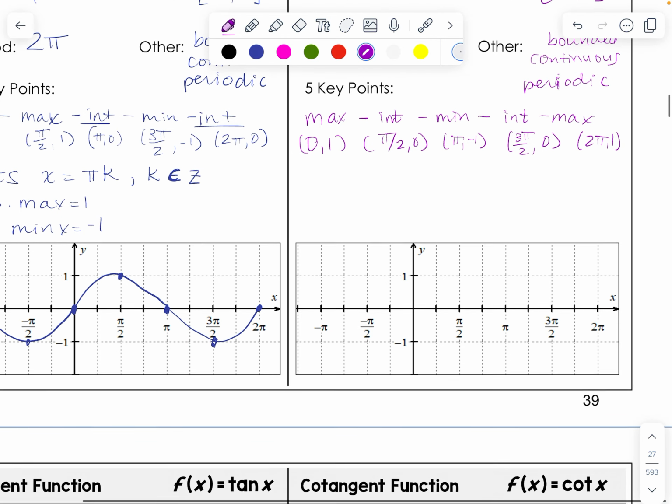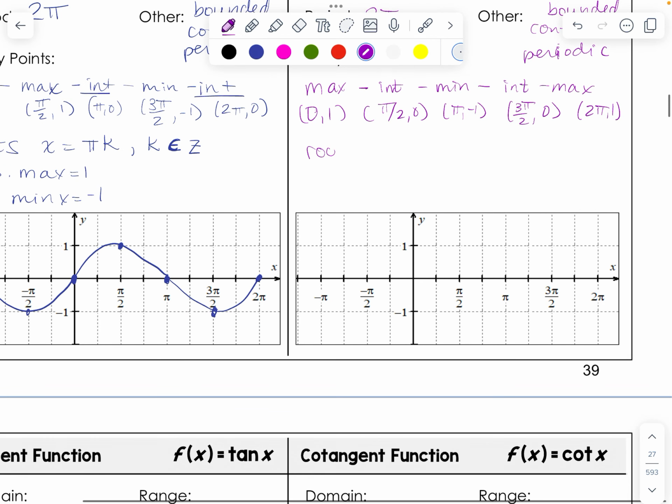It also has solutions or roots at x equals pi over 2 plus pi times k,